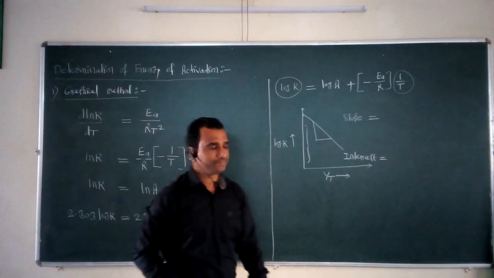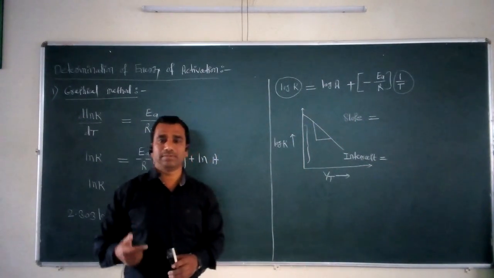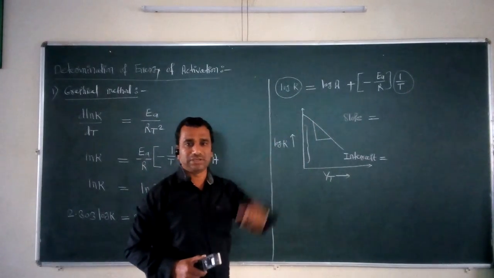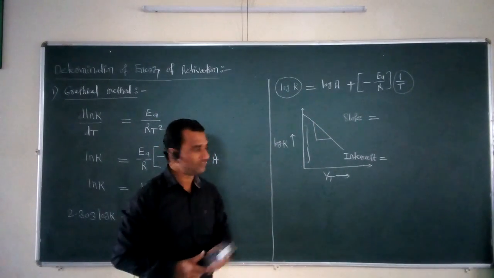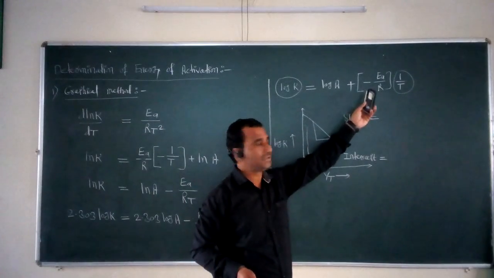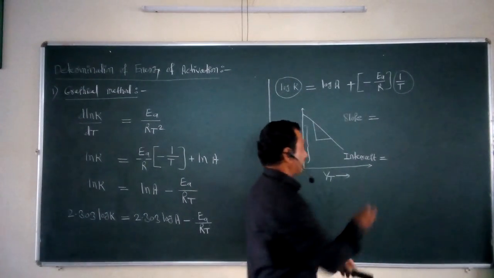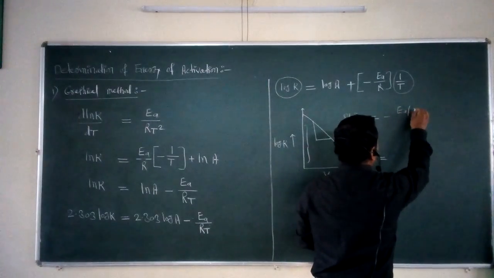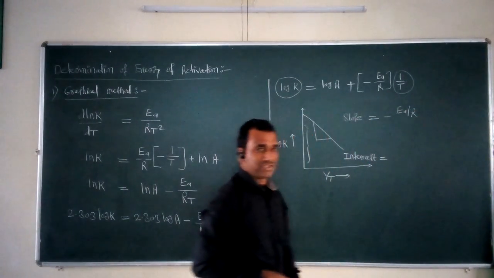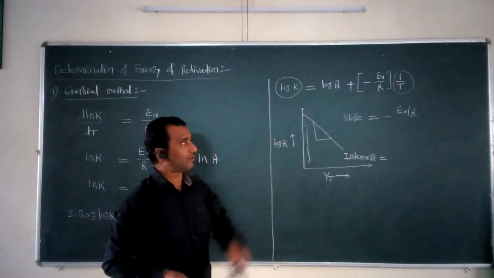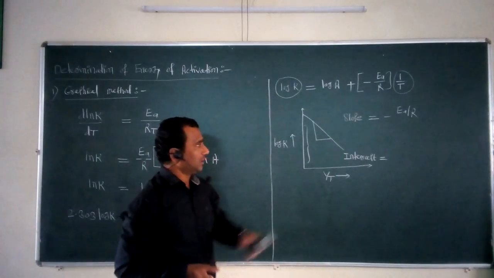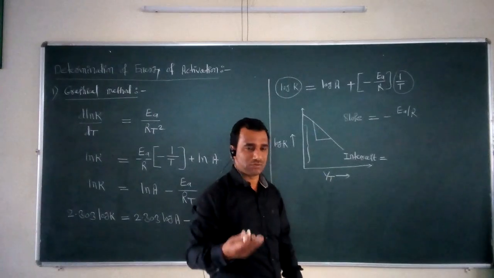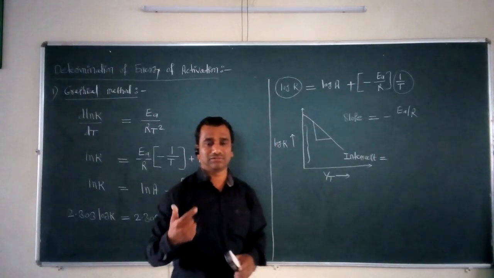Now what will we get here? First of all, we are interested in what slope value is obtained. If we look carefully at the above equation, what is the value of the slope? The slope is equal to minus Ea upon R, that is, minus the energy of activation divided by R. This is the value obtained from the slope. Now if we rearrange this equation, we are interested to calculate